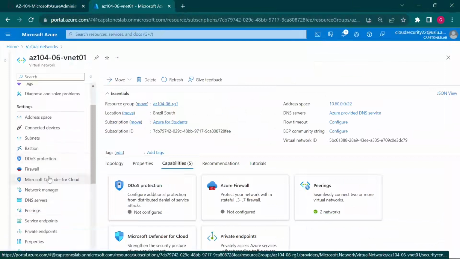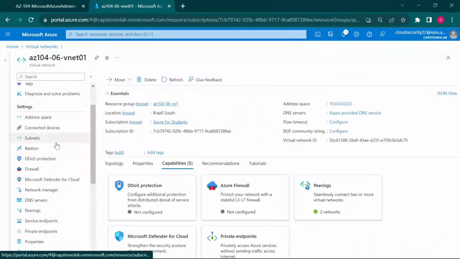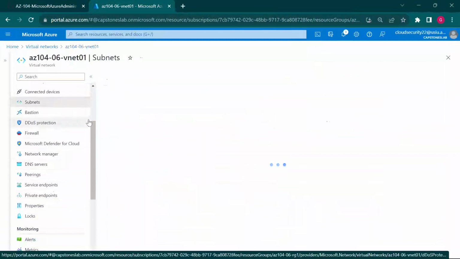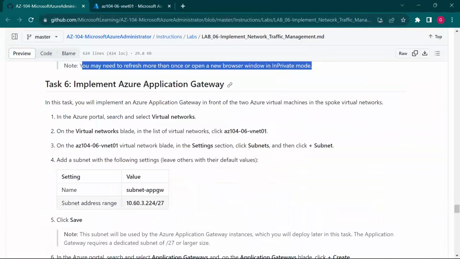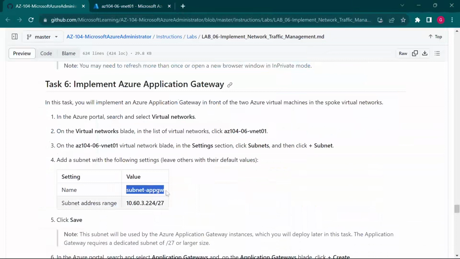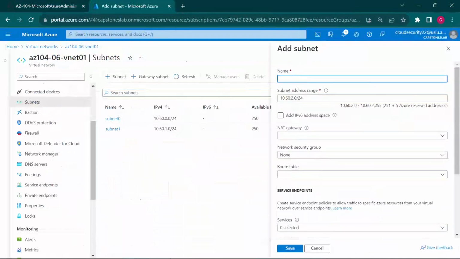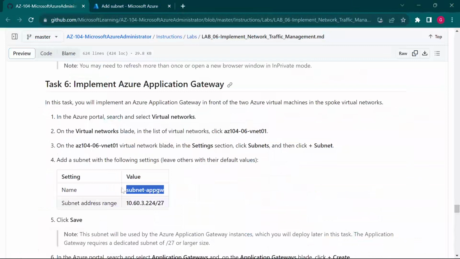So in the settings section, then in the subnets, this is subnets, we need to add another subnet. I'll just copy the details of the subnet. The subnet name is going to be subnet-appGW. So I'll copy that, and this is going to be the subnet of the application gateway, so I'll just paste that. Then the subnet address range is going to be